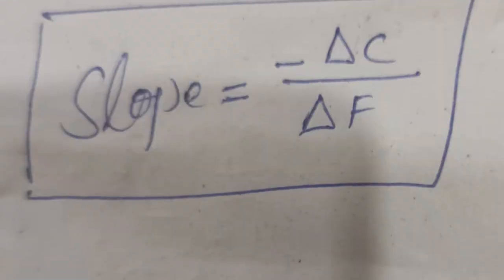The slope of the curve can be determined by the ratio between the two goods, that is minus delta C by delta F. That slope represents the cost of producing additional amount of food. So, opportunity cost of additional amount of food production can be reflected through the slope of the production possibility frontier. The slope of the curve is